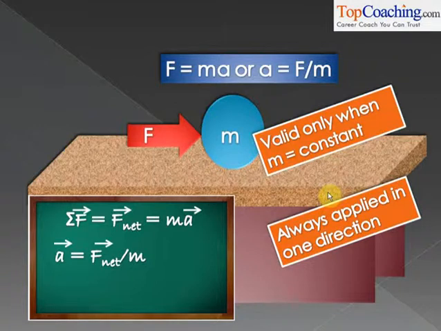Okay, for example, if I am applying a force on this ball here, I am applying it towards the right, isn't it? So my acceleration will be in the same direction as the direction in which the force is applied. F towards the right is mass into acceleration towards the right. Understood? I cannot say force towards the right equal to mass into acceleration upwards. That is not possible. Understood? So you always choose a direction and then apply F equal to ma. Let's proceed